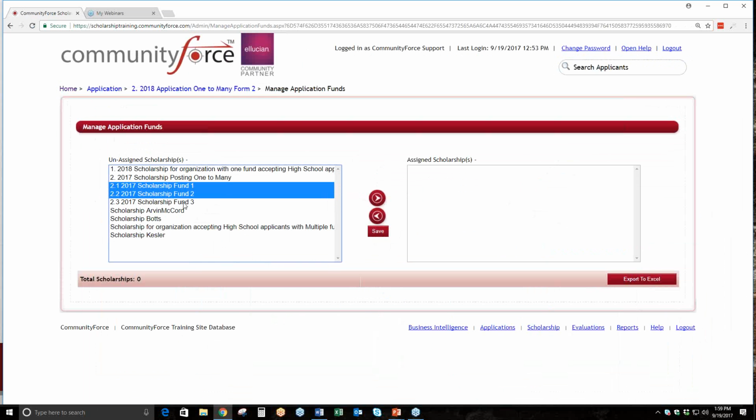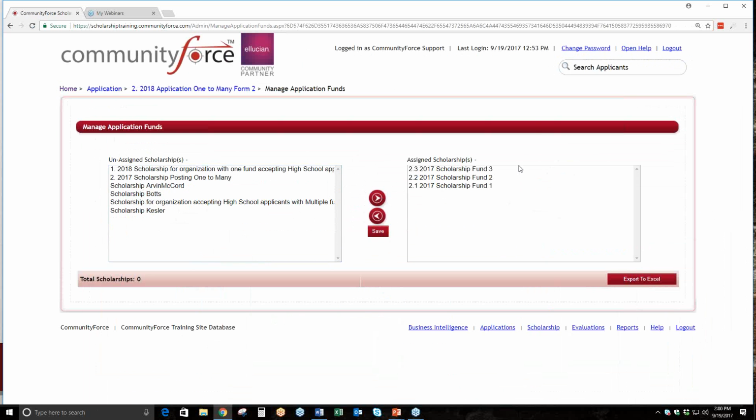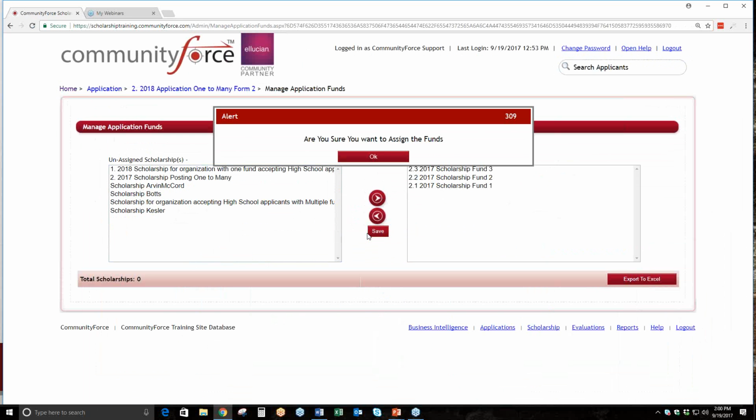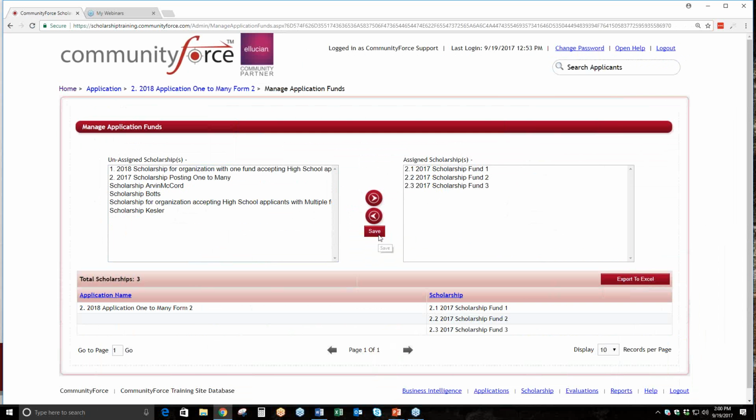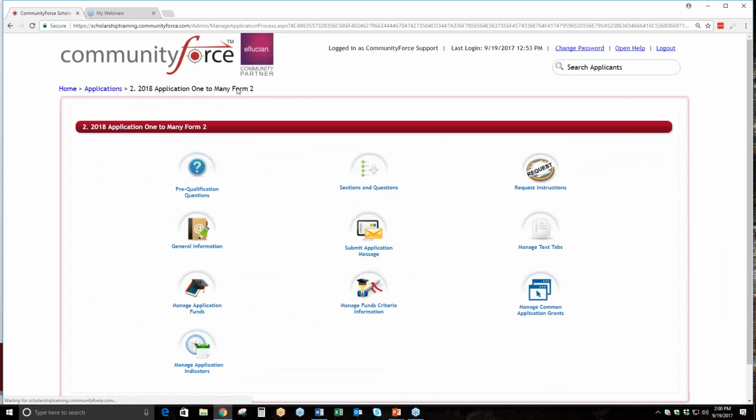So then, of course, I would select them, holding the Control key down. I'm selecting multiple, hitting my directional arrow, and then clicking Save. And now those funds are assigned. Click OK. And then I can go out, and I will have to re-enter the